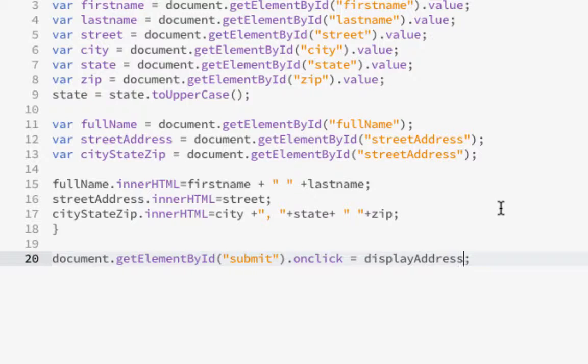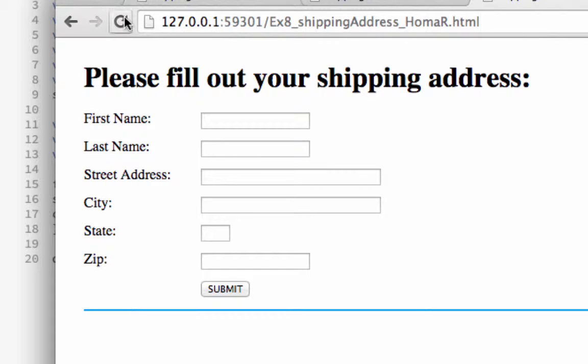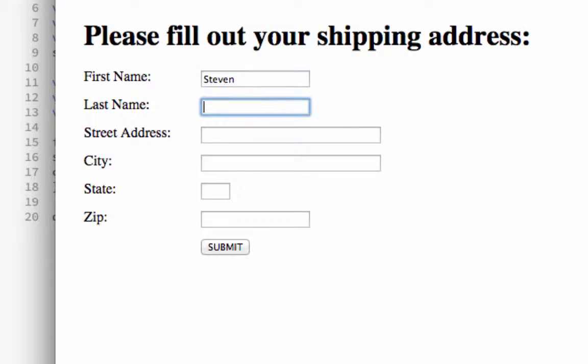I finally found it. The city-state zip, or it's actually the street address, these two things are the same, so they're using the same ID here. So this ID, the street address, should be using the ID of street address. City-state zip should be using the city-state zip. So this one is wrong. I didn't copy and paste this part to here. So I'll save that and I'll refresh it again, and this time